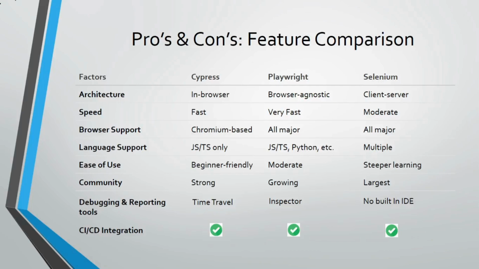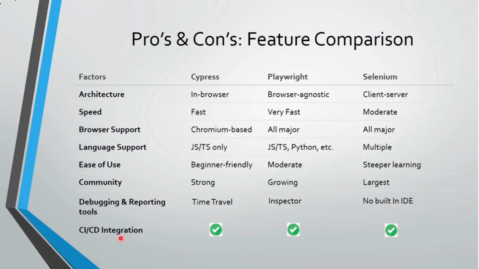So Selenium definitely has an edge over Playwright and Cypress in terms of community support, because of its wide usage, and I would say it is the most widely used framework in the market as of now.